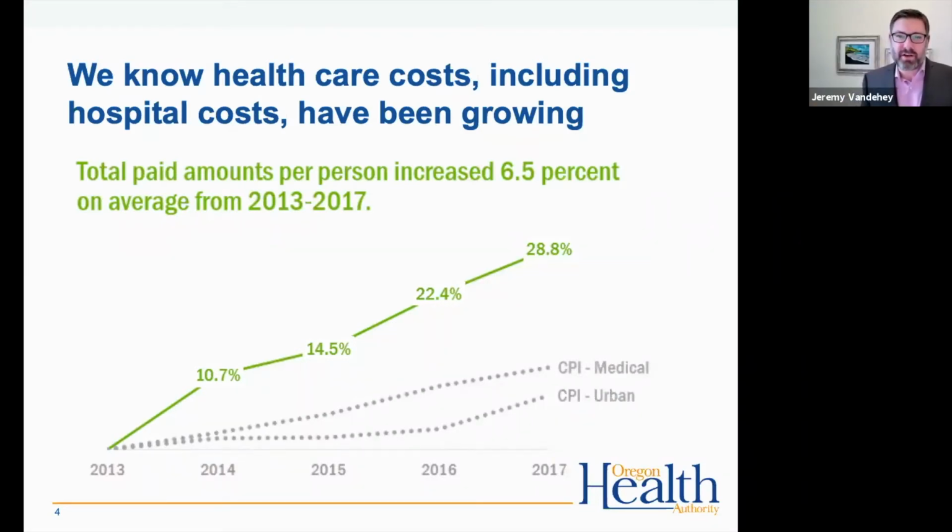I think many folks know this, but it's always good to start with a little bit of context and just a reminder of why this conversation is so critically important. We know healthcare costs, including hospital costs, have been growing, frankly, exponentially, much faster than the rest of the economy. Healthcare makes up about 18% of gross domestic product nationally, and that's expected to climb to about 20% in the